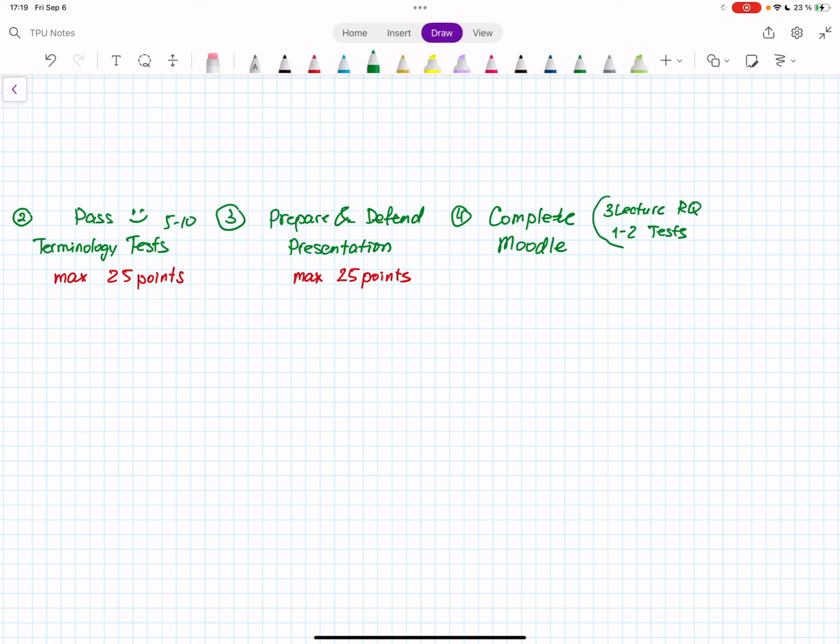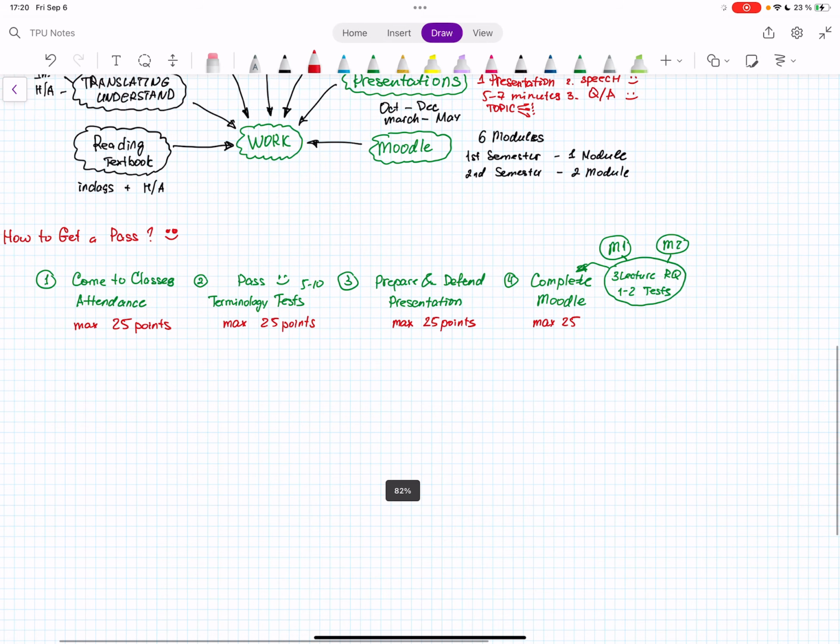So for each semester, there will be module 1, 3 lectures and 1 or 2 tests, and module 2, 3 lectures and maybe 1 test. If you do it well in the first and in the second semester, for each semester you can get a maximum of 25 points for completing the Moodle.